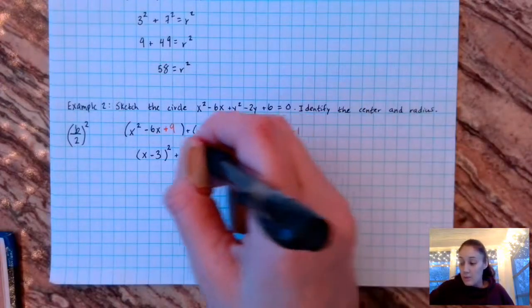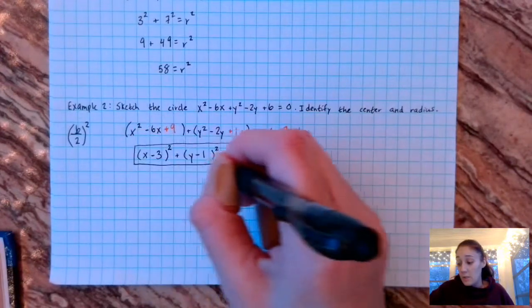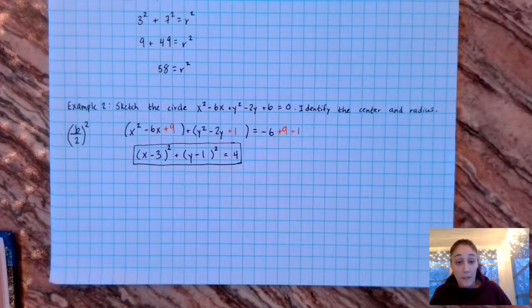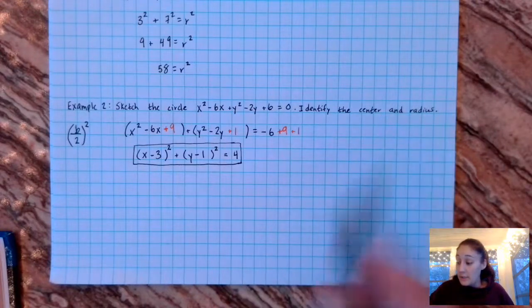Alright, so I've now taken this general conic form equation and put it into standard form equation. So this is not my final answer. I haven't even done what the question's asking me, but this is going to guide me in doing that. Alright, so if I want to identify the center and the radius,